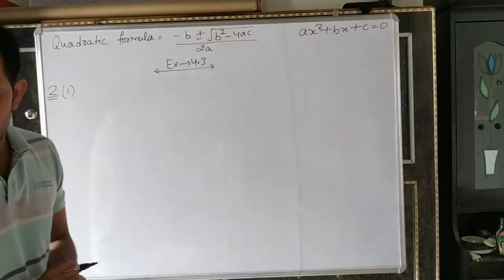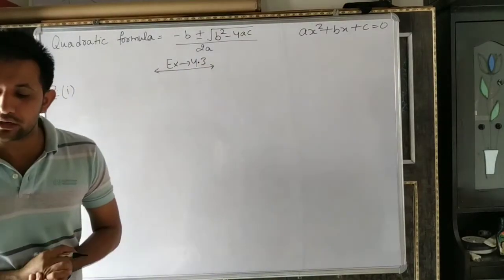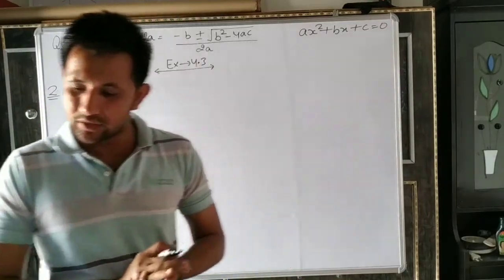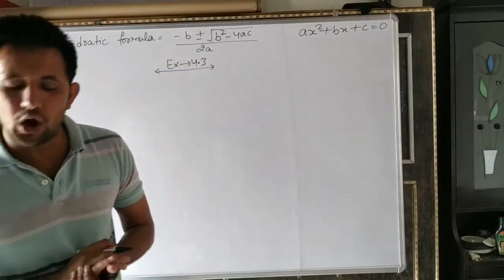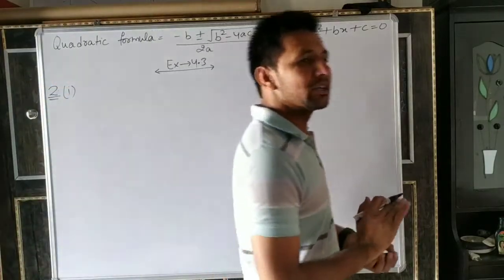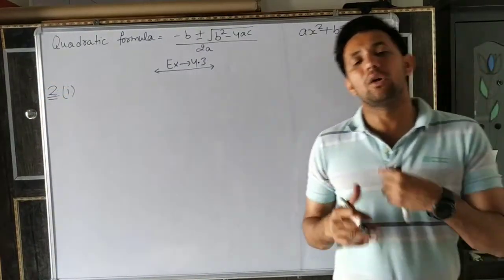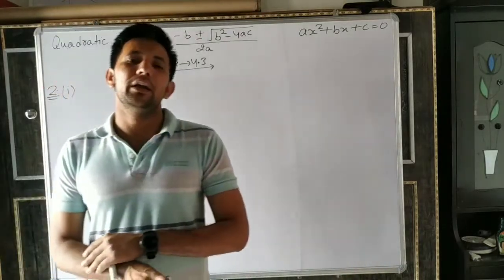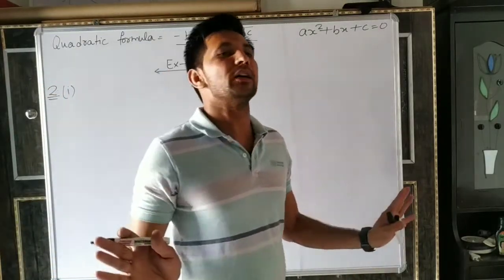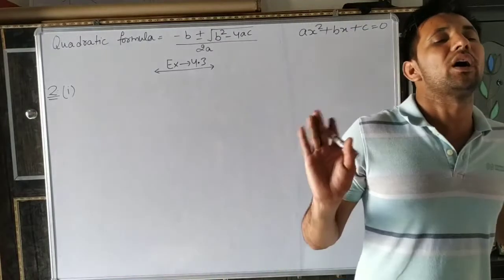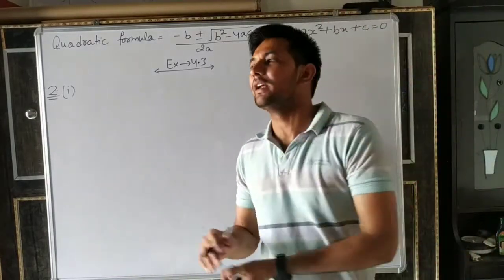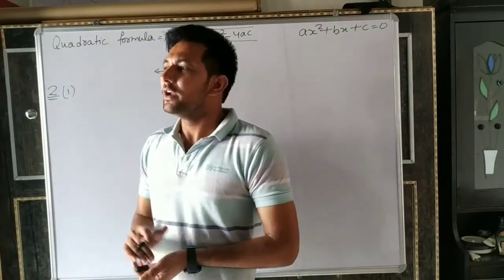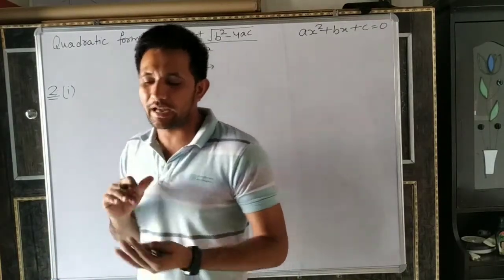What is given? Find the roots of the following quadratic equation. We have to find the roots of the quadratic equation by using the method of completing the square. But I have already told you, completing the square method is not in our syllabus. So no need to do the first question because CBSE has already deleted it. Okay, dear. Now we will start our second question.